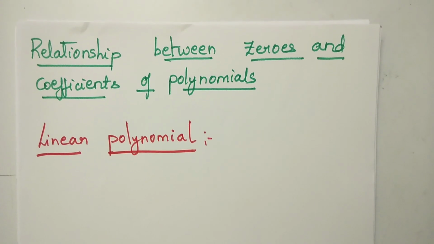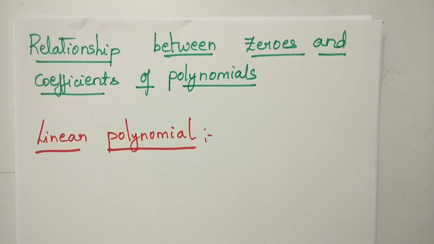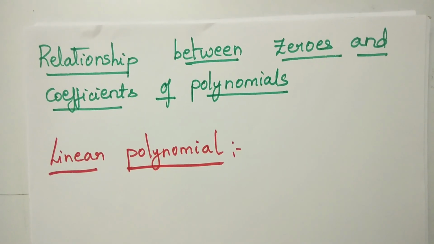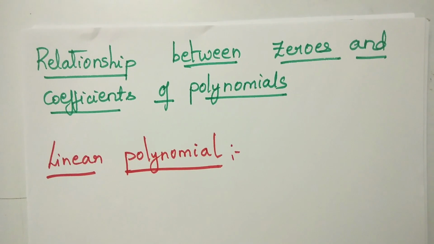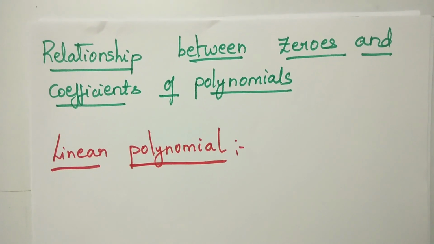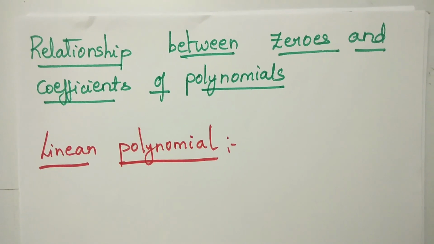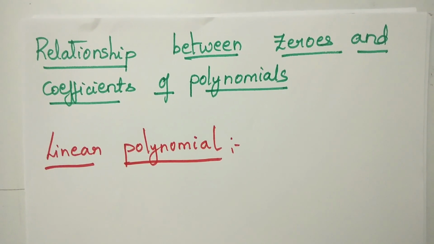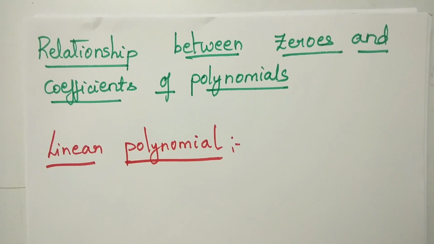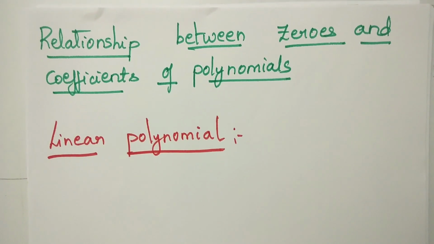In this video, I am going to explain the relationship between zeros and coefficients of a polynomial. What type of relationship is it? It is just like a friendship. Their friendship, that is the friendship between zeros and coefficients, is so strong that they help us to solve the objective type questions fast. Okay, let us start the concept.